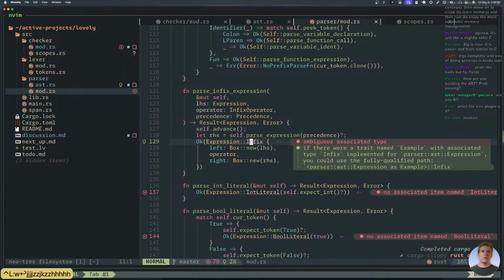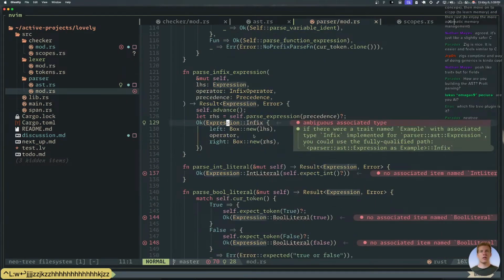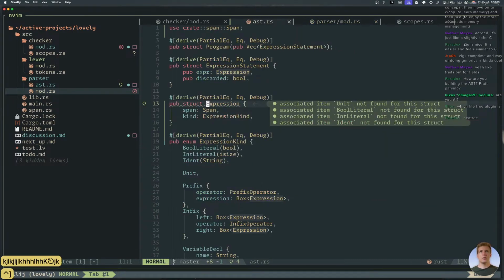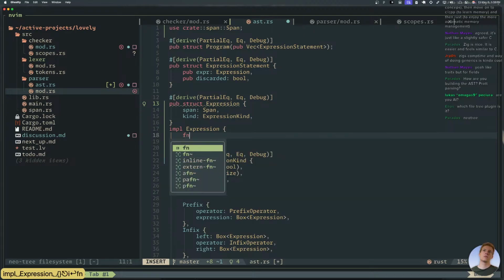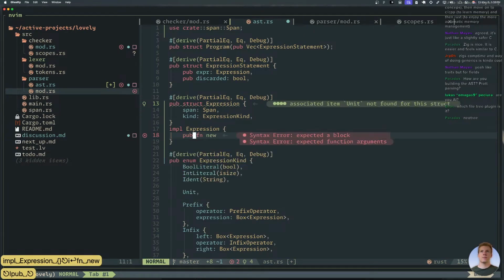So all right, we gotta thread through all these spans now. So expression now. I suppose I should make a this kind of thing.